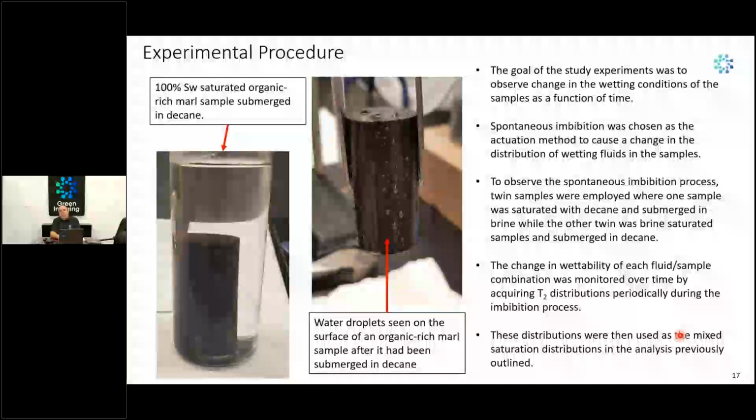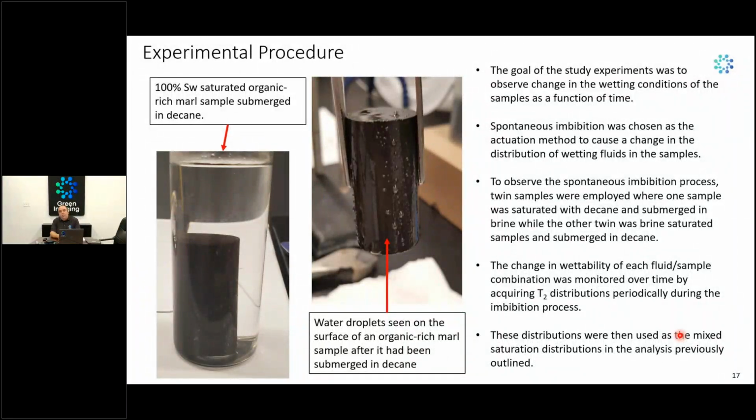For example, using pressure to force fluids into the rock is very difficult with such tight pores and low permeabilities. So we had to settle on being patient and use imbibition to induce changes in wettability in these samples. To do that, we took two twin samples. We would saturate one with an oil and one with a water, and then we would submerge them in the